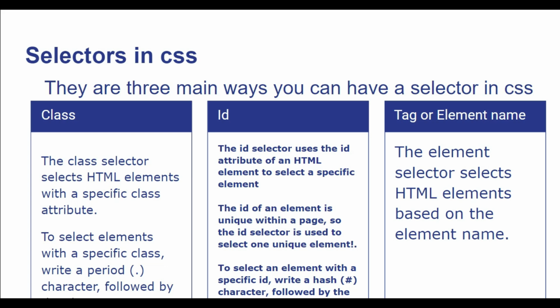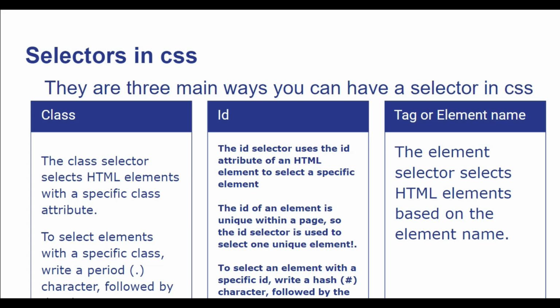Now imagine I need to select every single h1 tag. I'll declare h1 as my selector. If I want to select every p tag, I'll declare my p tag as my selector. But now it gets to one point where I don't want the same design for each one of them. Now I can tell you to use either the class or ID. Now when we use the ID selector, it's usually used to